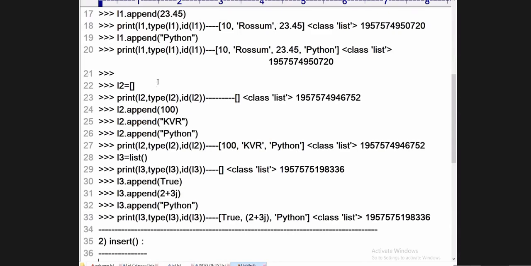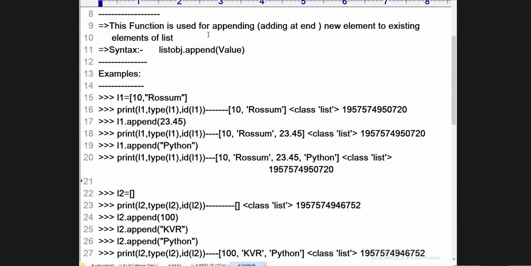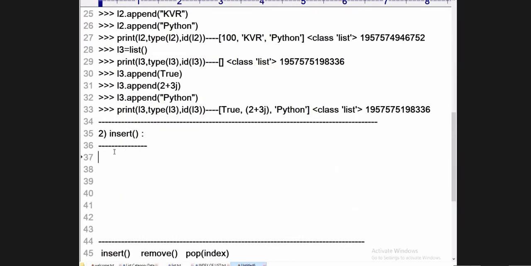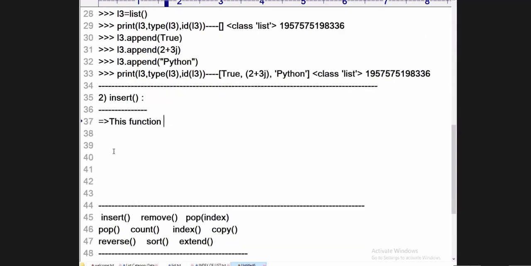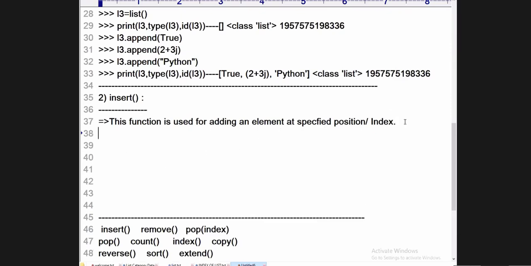Coming to this function now. Append function and insert function difference you need to understand. Append is always adding at the end, ma. Insert function will add the data at a specific position. Now I'm writing: this function is used for adding an element at a specified position or index. Very, very simple. Now I'm going to give you the syntax here. What is the syntax here? List obj dot insert of index comma